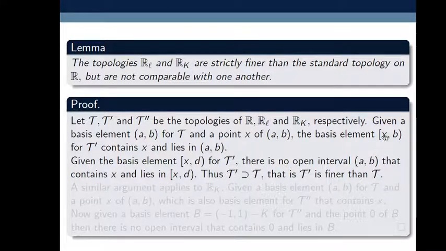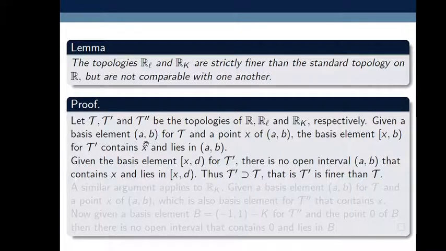It also contains x. Also this interval lies in between a and b. Why? Because in this interval a is less than x is less than b, and in the half open interval x is less than or equal to b. So obviously this interval is contained in the open interval (a, b). So tau dash contains x and lies in (a, b).